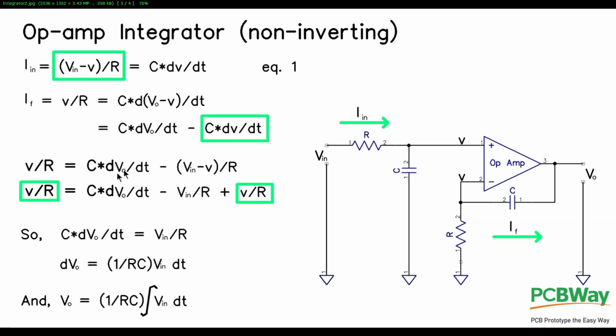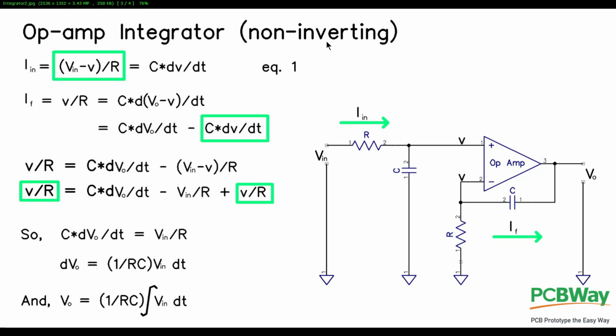So we get V over R in terms of the rate of change of V out minus the rate of change of V in minus V over R. We can rewrite all that. So we just expand this term out here. And then we notice that we have these two on either side. We can eliminate them, and it simplifies down to this. After a little bit of rearrangement, we get C times the derivative of output voltage is equal to V in over R. So now we just write that out in the standard differential form, and then integrate both sides. We get V out is equal to this constant 1 over RC times the integral of V in. So we can see that our voltage output is proportional to the integral of our V in, and that gives